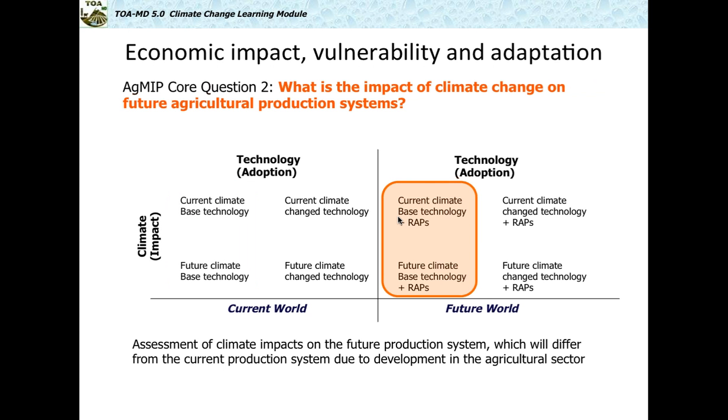And so the key concept that's conveyed in this slide that we have on the screen now is this notion of an experimental design. And so the key concept that everybody needs to be familiar with is that when we're doing climate impact assessments or when we're looking at technology or adaptation, what we're doing is we're trying to use our simulation models, the climate models, the crop models, the economic models, to replicate an experimental design